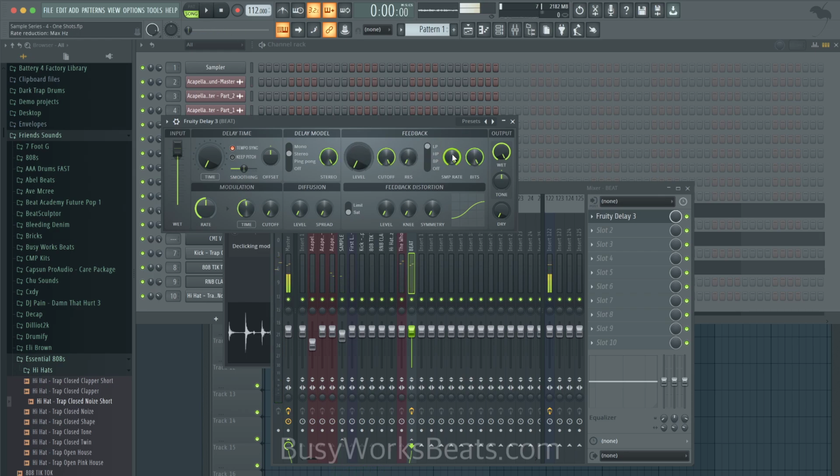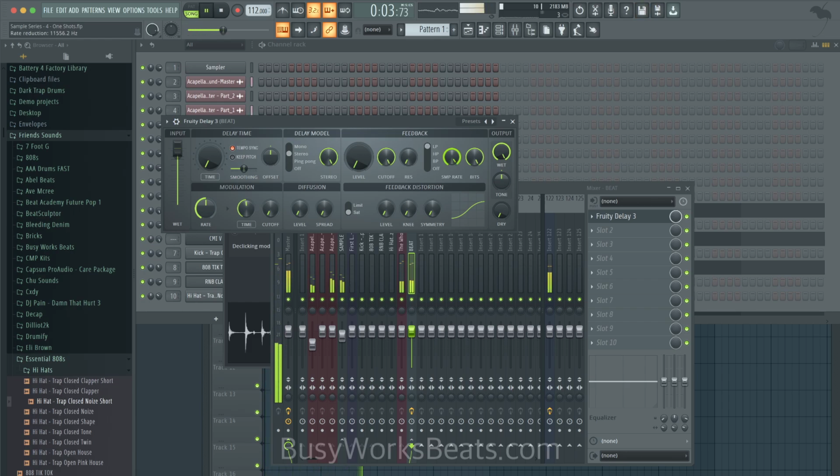You could also lower the sample rate here with the sample rate reduction. Now this one adds a ringy sound. So you can, in the top left, you could read what the hertz are. So we're downsampling from 44.1 kilohertz, which is how many snapshots of the sound we take, how many pictures per second. And then we're lowering how many pictures per second we can take.